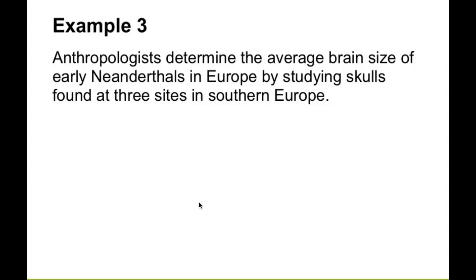Yeah, it is convenience, right? And it's convenience by necessity. Convenience, I said, is a bad sampling method, but sometimes that's all you have. If all they have are these, it's not like they can just choose random plots of land and hopefully get a Neanderthal skull there. No, all they have are the Neanderthal skulls that they found. So that's the only thing they have to make inference from. It just happens to be a convenience sample.